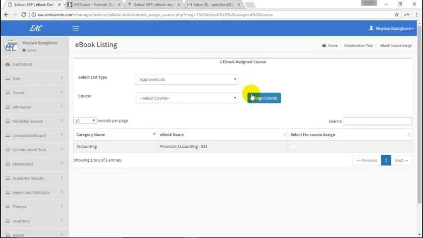But when you are assigning, the publisher, if you pay for 300, the publisher will be tracking the number of students. If you can log in at any time and check how many people are using my book, and if you see that you have exhausted the time, or you added more, you can disable the book, or you renegotiate and pay for the balance. Okay, so now let's log in as a student and see if you have the ebook.